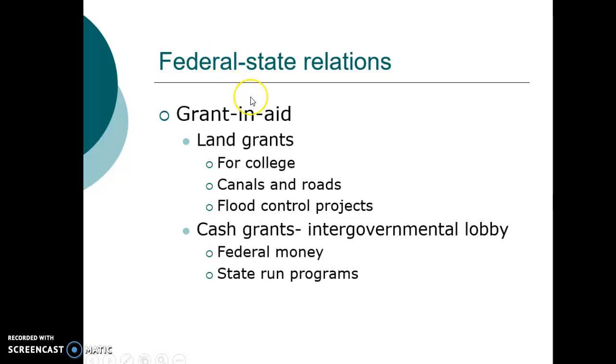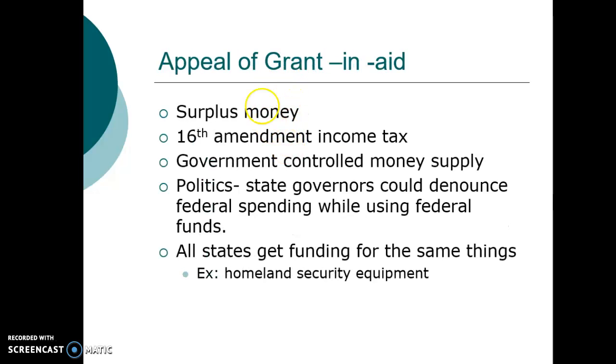Federal-state relations can be tied to several issues. One of the ways we look at state-federal relations is in what we call fiscal federalism. In other words, how is the money for the whole country divided back and given back to the states? This is done in several ways through grants and aid. The federal government collects all this revenue, and this revenue is handed back to the states in grants and aid, and those could be land grants, cash grants.